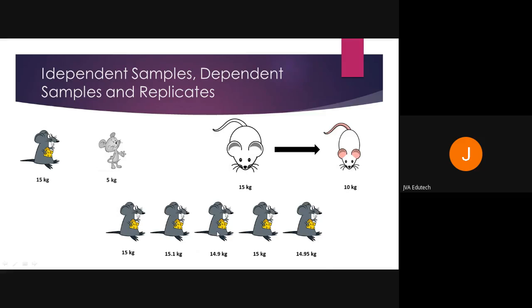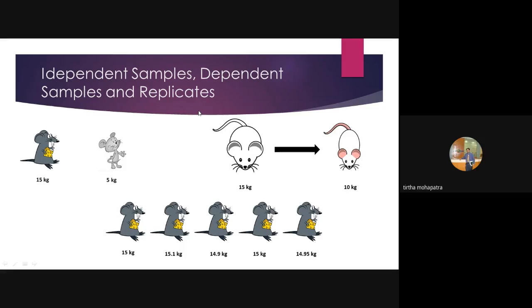For example, in our case, if I want to measure the effect of an advertisement on people over different times of a particular day, it will give some difference, but that difference is not significant. So if such is the situation, we'll call it replicates, and that has to be removed from our sample. The time difference has to be significant. So dependent, independent samples, the third situation is of replicates.